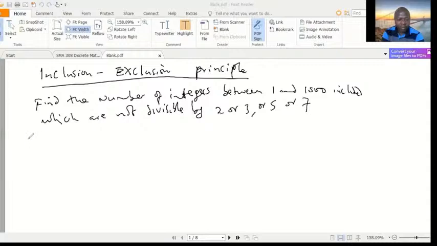So let N2 be the set of those which are divisible by 2, N3 be the set of those which are divisible by 3, N5 be the set of those which are divisible by 5, and N7 be the set of those which are divisible by 7. So by inclusion-exclusion principle, we have that the number of elements in this union